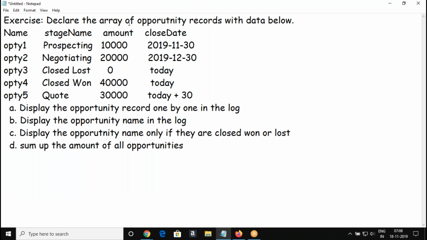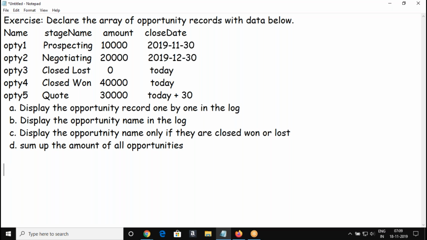Then I gave an exercise: declare the array of opportunity records with the data below, right? Opportunity. So how will you declare this?